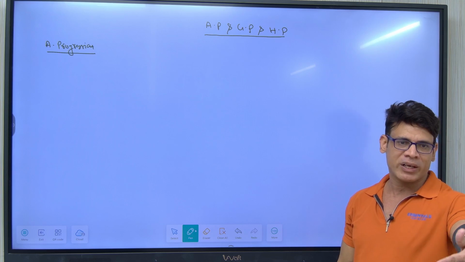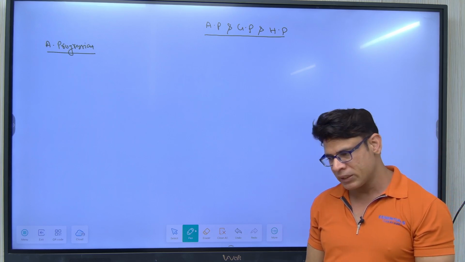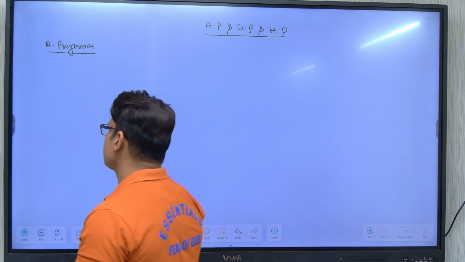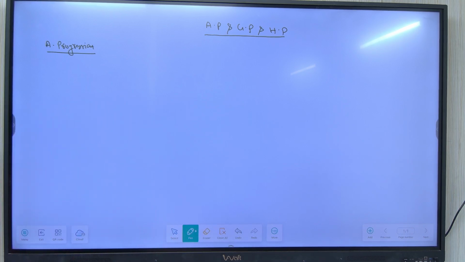कि एक pattern follow कर रहा है. Geometric mean is also a pattern. Harmonic mean is also a pattern. Progression is also a pattern. So progression is basically a series. It's a series of increasing or decreasing numbers in which each term is increased or decreased by a fixed quantity,